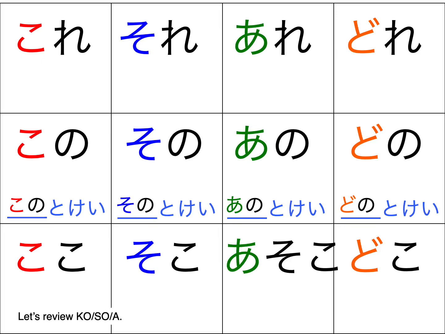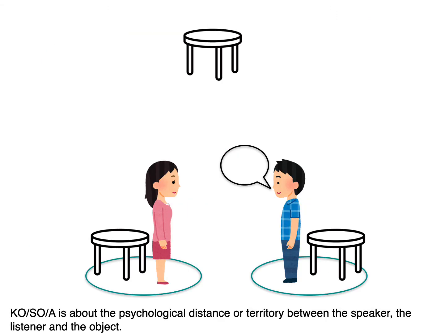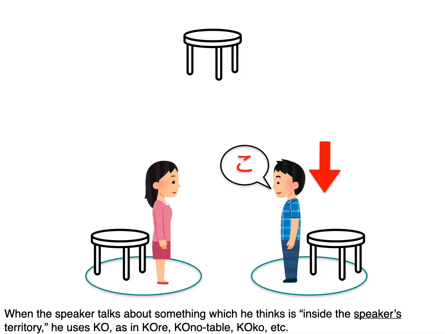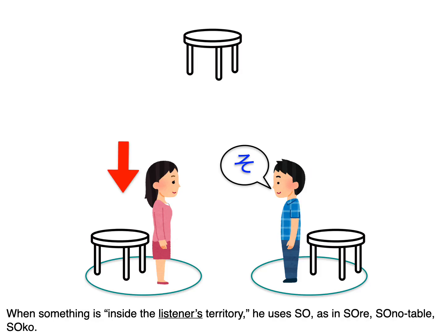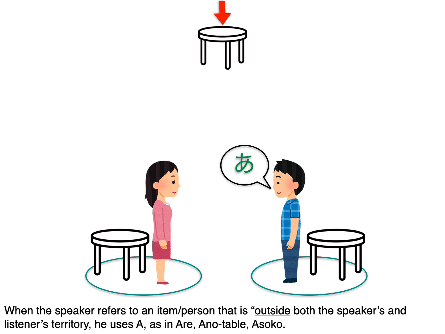Let's review こそあ。こそあ is about the psychological distance between the speaker, the listener, and the object. When the speaker talks about something which he thinks is inside the speaker's territory, he uses こ、これ、このテーブル、ここ。When something is inside the listener's territory, he thinks, he uses そ、それ、そのテーブル、そこ。